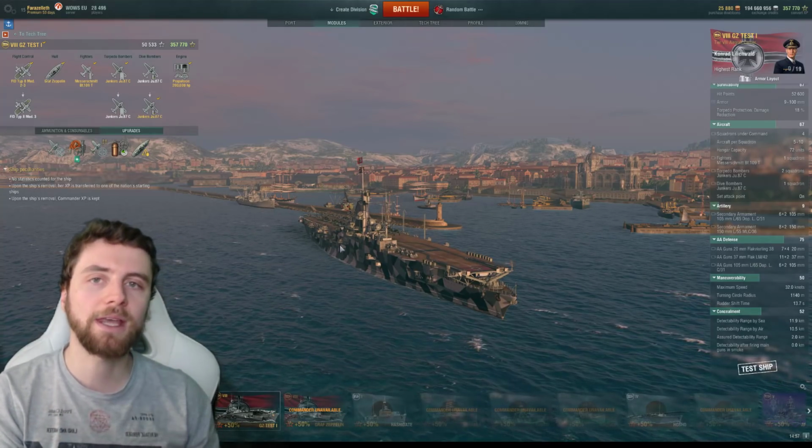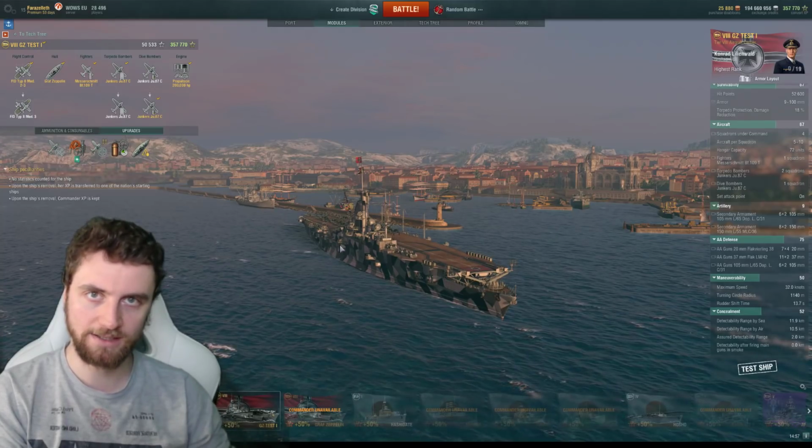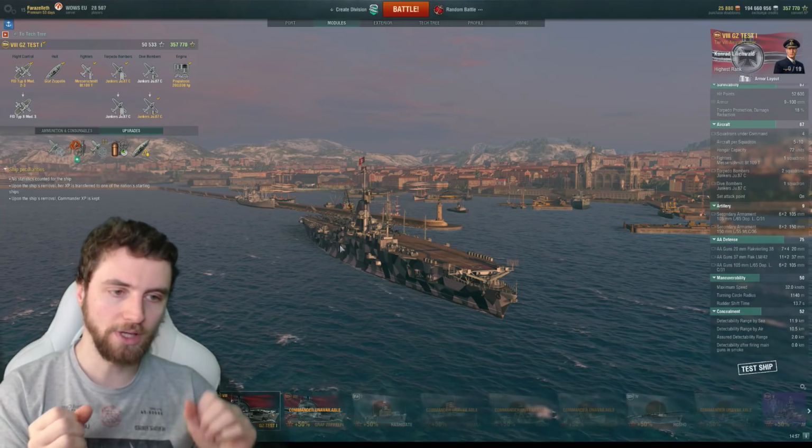Unless there's a good enemy carrier at tier 8 who's going to try and lock you out, you're going to do huge amounts of damage. The torpedo bombers are fantastic. The dive bomber does insane damage to certain ships, and if you go 203, you can have better fire control,